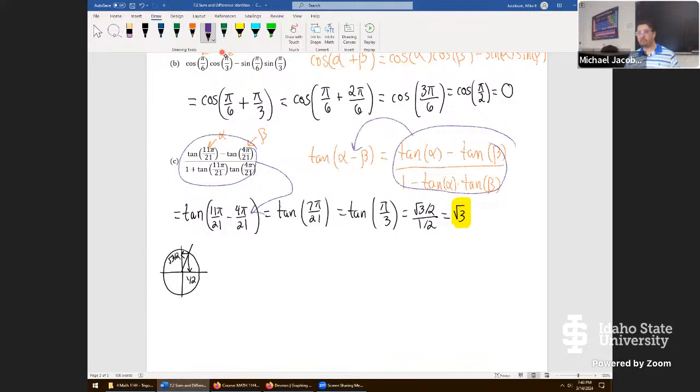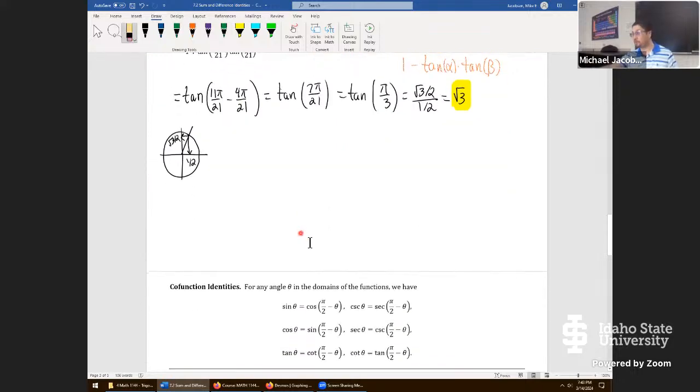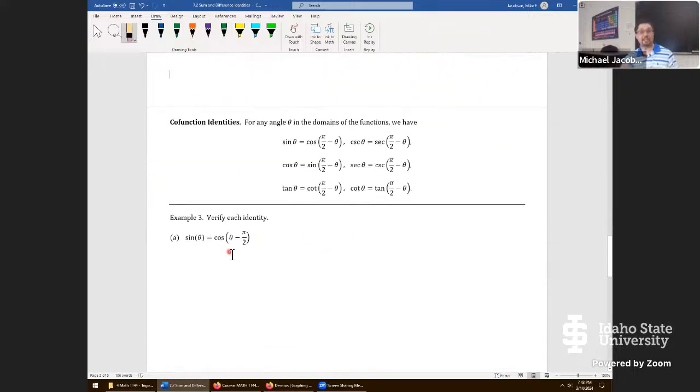Definitely a wild identity. The one for tangent is weird to look at. But the next identity is my favorite one in the whole course. That one right there is a really important identity. It's not a cofunction identity. The cofunction identity for sine, our author writes this way. Personally, I don't like that. The reason I like to write it this way, and it's a real and valid identity, just like this one,